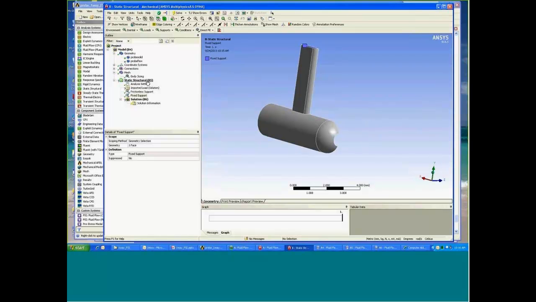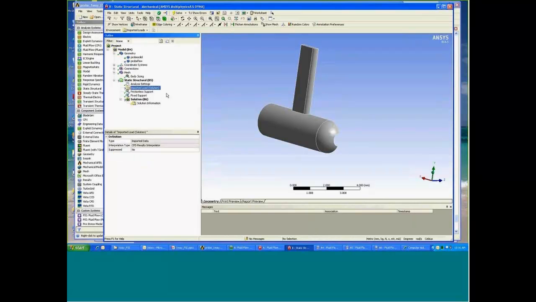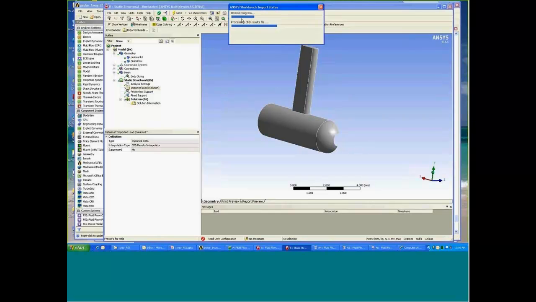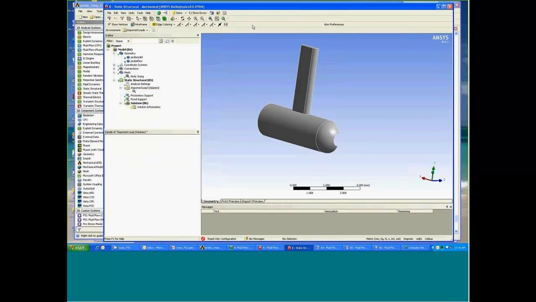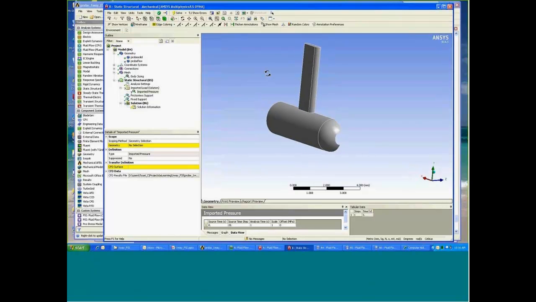Now you notice on the static structure scheme right here, I have an Imported Load, which means in this case I have the fluid solution ready. All I need to do is right-click and say Insert Pressure. And where does this pressure come from? At this point, you can see Workbench is taking the CFD solution from the CFX results and making it available. Now I'm going to pick the probe surface, okay, as the FSI coupling surface,